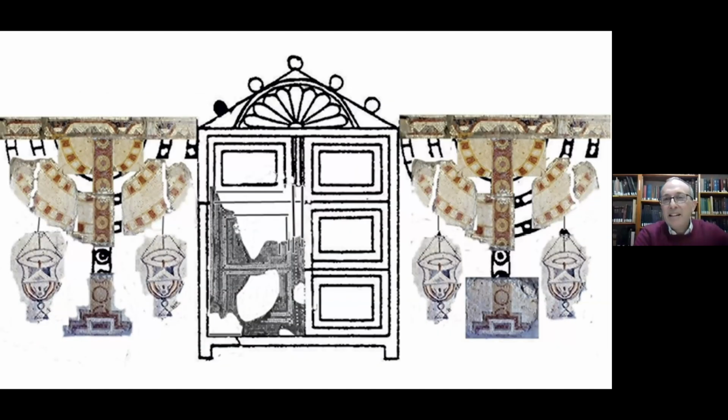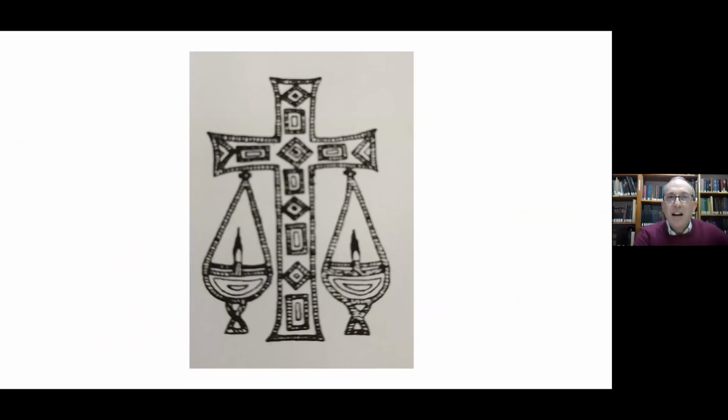Again, here we see the mosaics, these very exquisite and intricate mosaics of the menorah, with lamps hanging from them. And then look at the iconography that we see in Tunisia of a cross, with the same lamps hanging from the cross. It raises the question as well of who borrowed from whom.